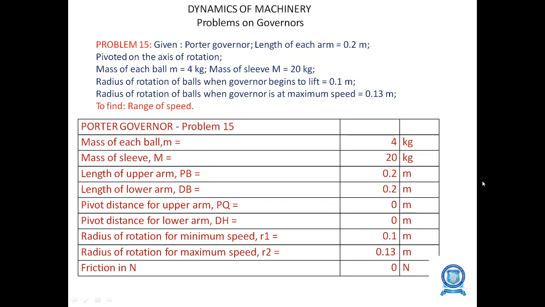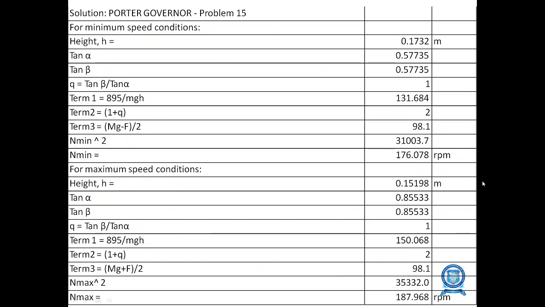Similarly, for this problem, the values are given. Substitute the values. Tan alpha is this value, tan beta is this value. Find q, and for N minimum we get 176.078, and N max we get 187.968. Therefore the difference will be